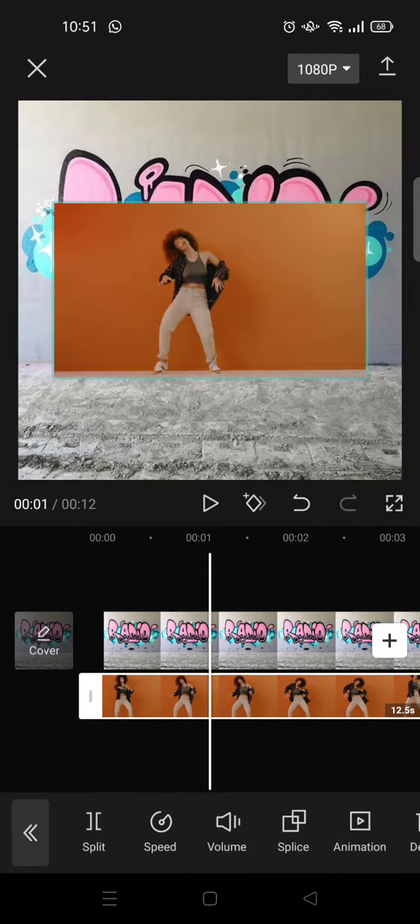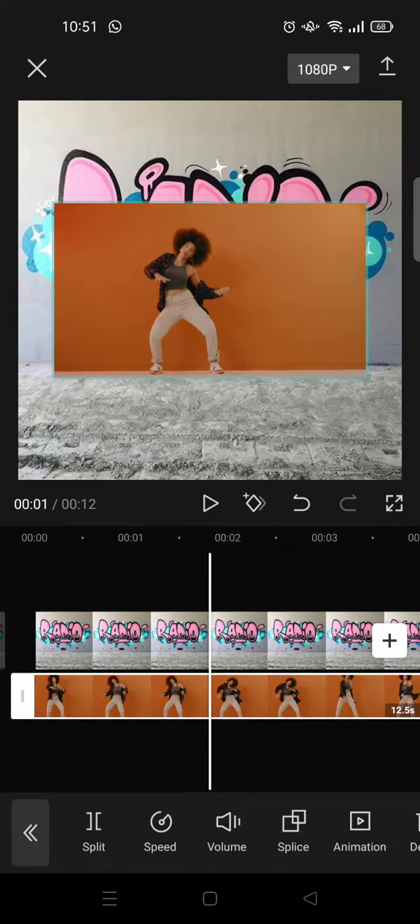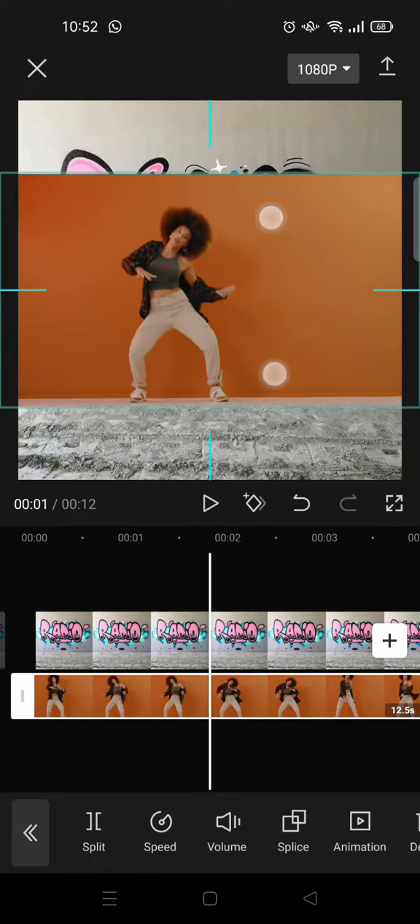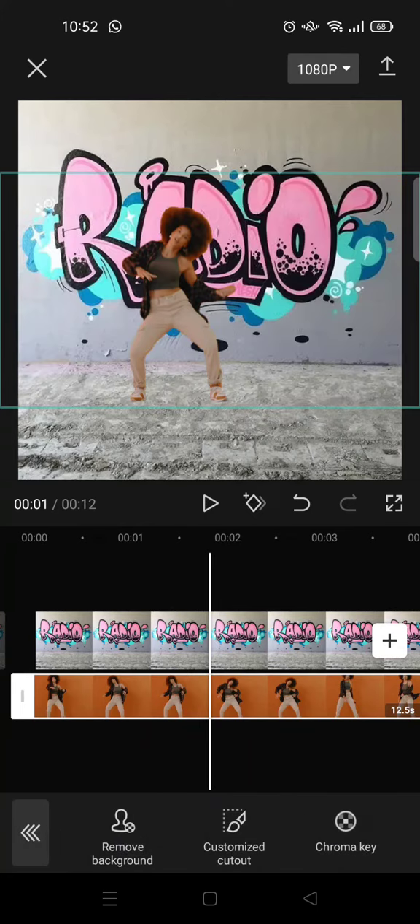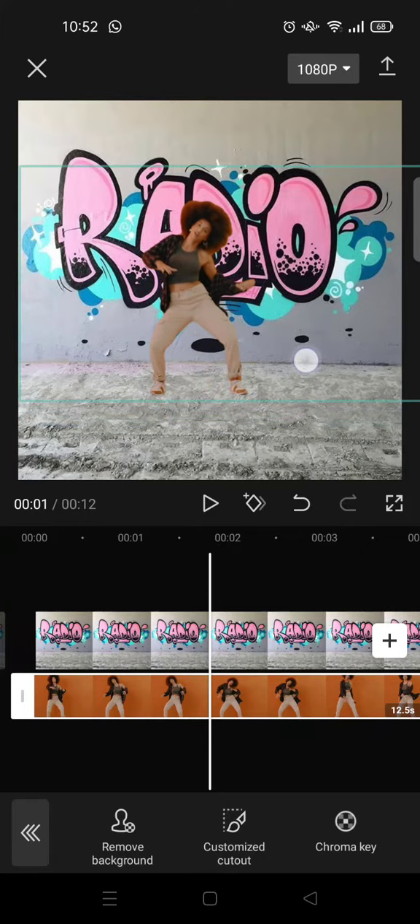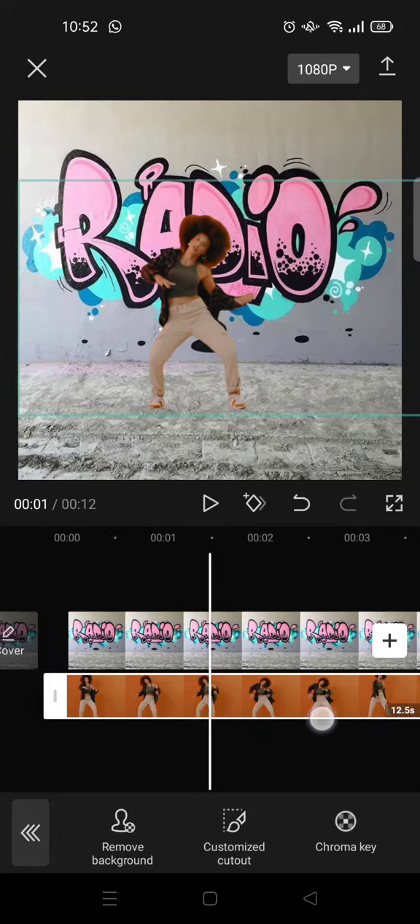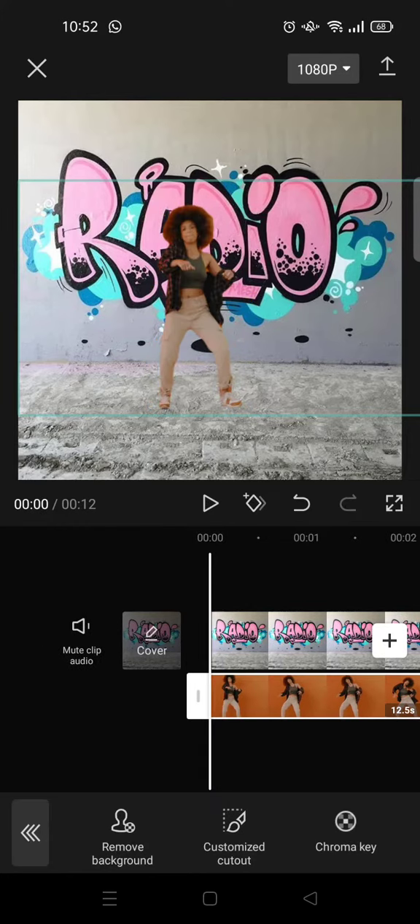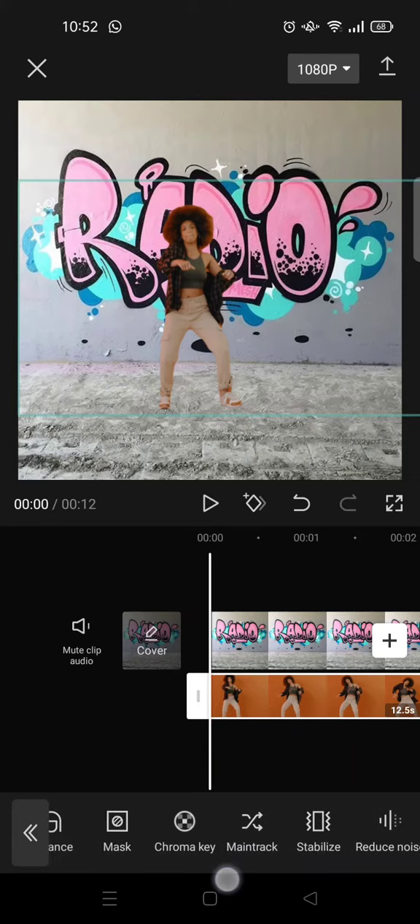Okay, so in this case I'm using this video, and what you need to do next is adjust the size and remove its background. So go to cutout and click on remove background. So the background has been removed, and you can just adjust the position on where you want the reveal to happen. Okay, for instance in there, and then go back and you can just go to mask